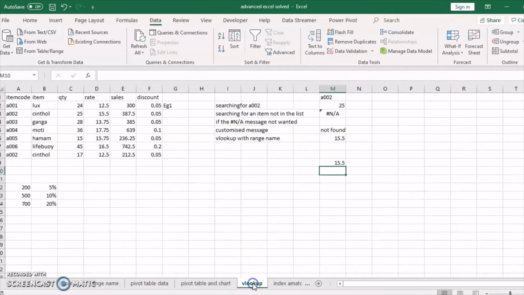Then searching for information, we have seen that filters help us to search for information, but when it comes to a particular piece of information we are searching for, many a time we use VLOOKUP to search for information. So in that case we want a particular piece of information, like we are searching for an item and the quantity of that item. In such cases, we can make use of a VLOOKUP function.